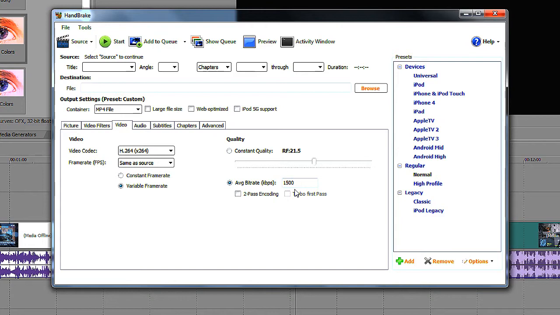2-pass encoding is unchecked, so that's why I don't tick that. But leaving it at 1500, you'll get a lot of megabytes off your video. So mostly, 10-minute video for me, 500 megabytes, 600 megabytes, I leave it at average bitrate of 1500 kilobytes per second. It'll bring it down to 130 megabytes, which is alright for me. I don't mind that. And going below 100 megabytes on your video, especially if it's a long one, you'll notice